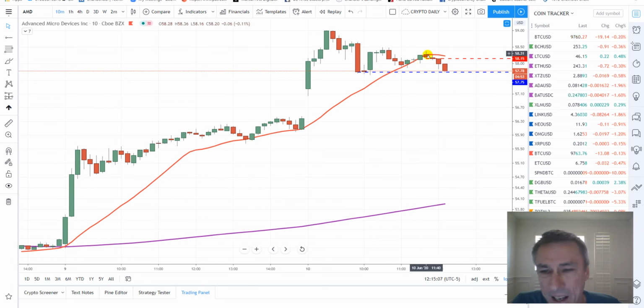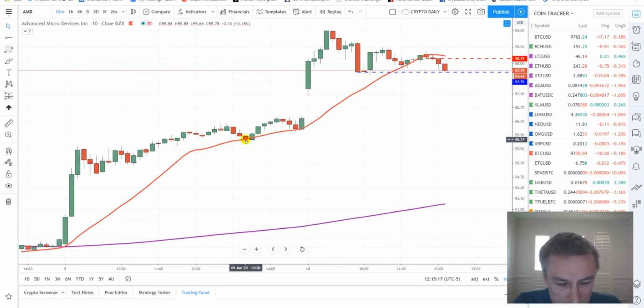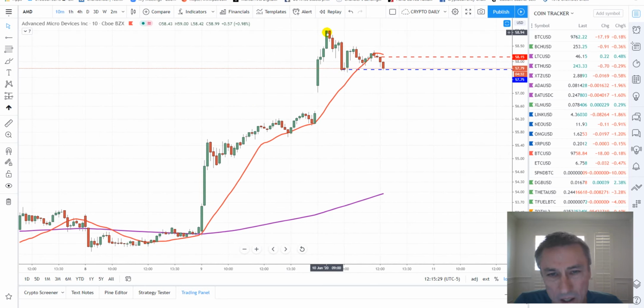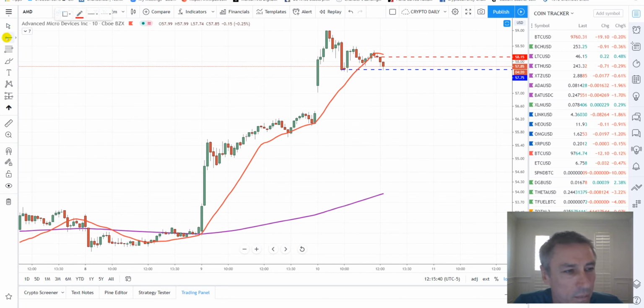Also, we hadn't had a close under that 20. If you go all the way back, we wicked under it. Wicked closed right on it. I guess you could call that yesterday, but really technically right here wasn't until the 8th. So as soon as we saw that, plus we made a high, lower high, lower high, lower high, then a close under the 20. So that was kind of obvious,